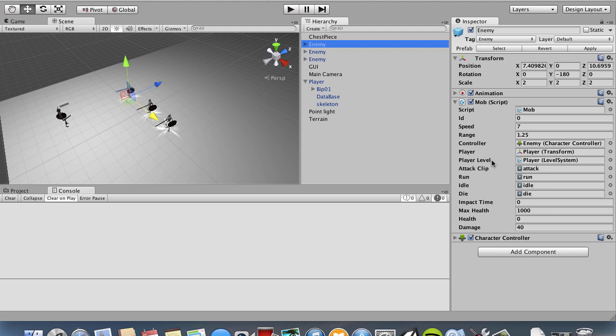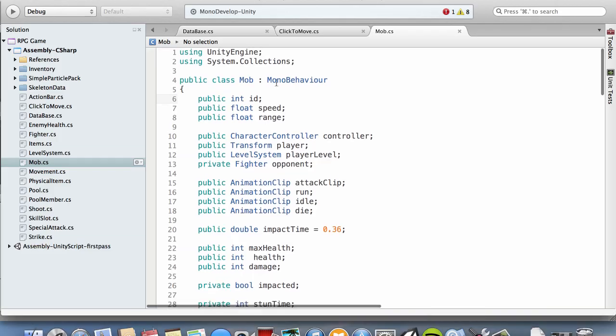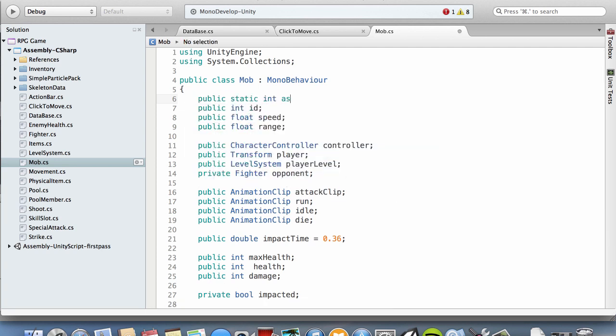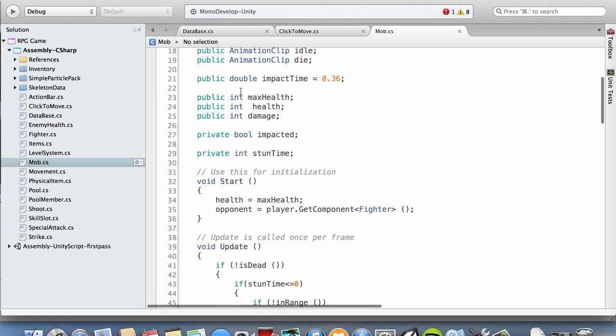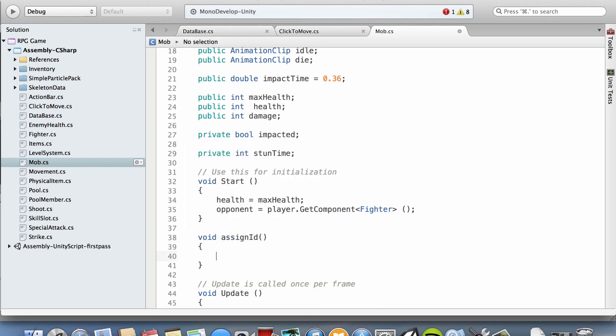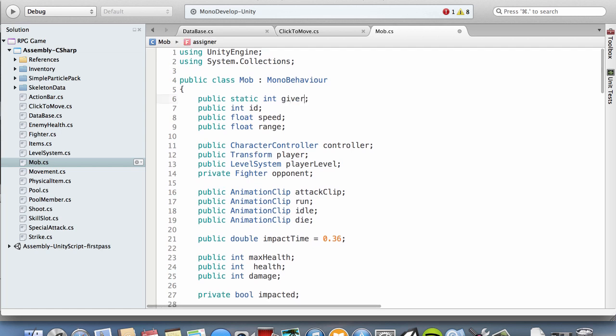But what you can do is let the system do that for you. Let the system assign IDs for you. So what you're gonna do is have a public static int assigner. This is the int that is gonna assign the mob an ID. So what's gonna happen is we're gonna have a method called void assign ID. Let's not call it assign, let's say give ID, or